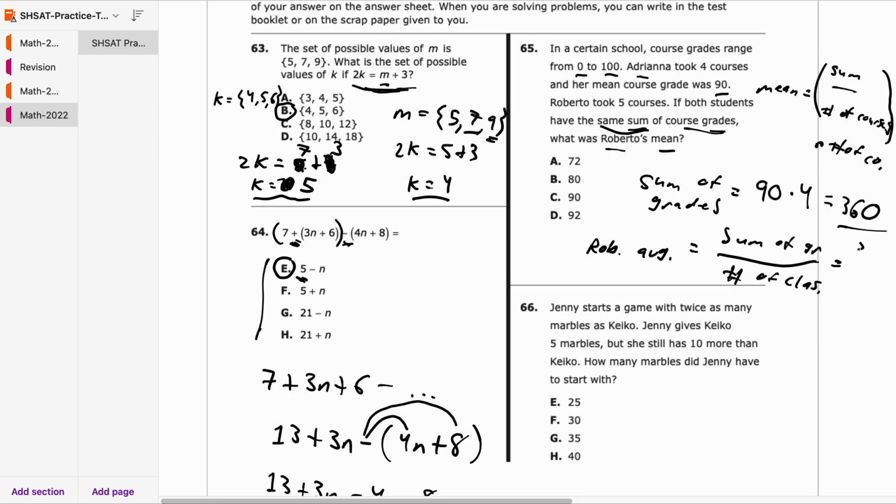So the sum, like we said, is 360. The number of classes that he took was 5, right? We're told that in the question. So then the average would be 360 divided by 5. This would just be 72,